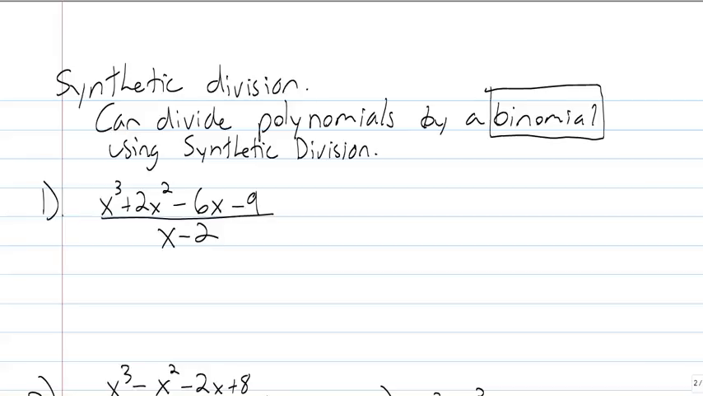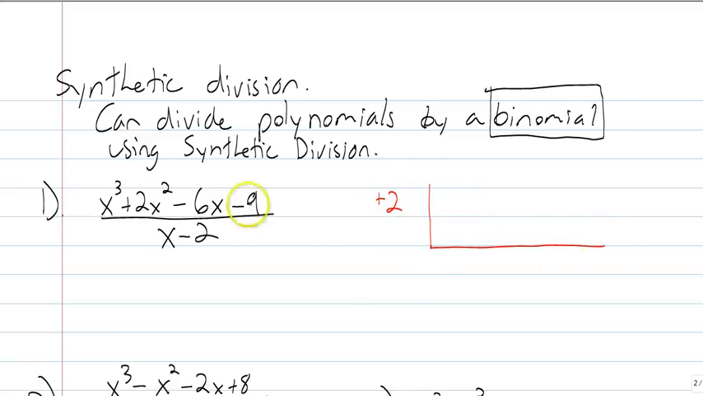But you can only do it with a binomial, which means like x minus 2, x plus 2. And what you're using is the 0 here. So what makes the bottom of this fraction 0? Well, your x value would be 2. So if x minus 2 is the factor, I'm going to divide by plus 2. And here's how you set it up. You have like a bracket,